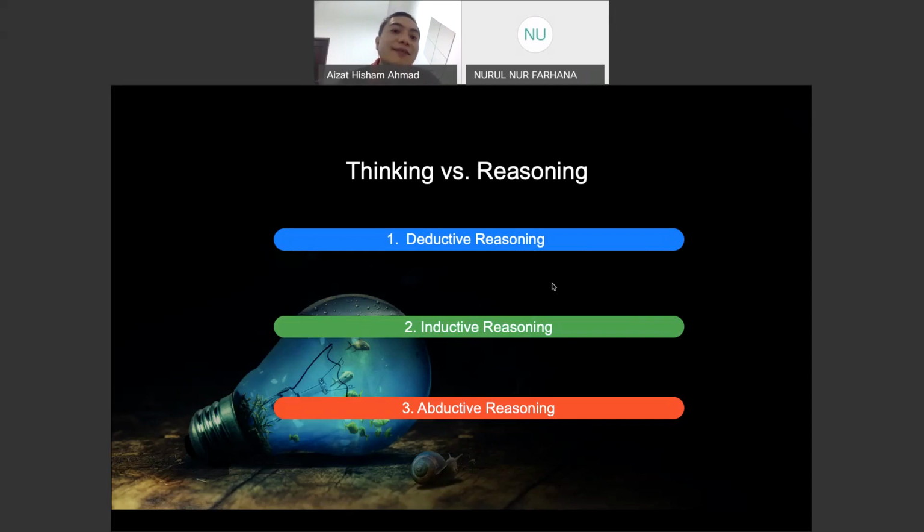When we talk about abductive reasoning, simply put, it is an iterative way of reasoning. It's not really either specific to general or general to specific in its conclusion, but rather it can start from a specific reasoning to a general conclusion and vice versa, and it is iterative, which means that it can start and end however is necessary.